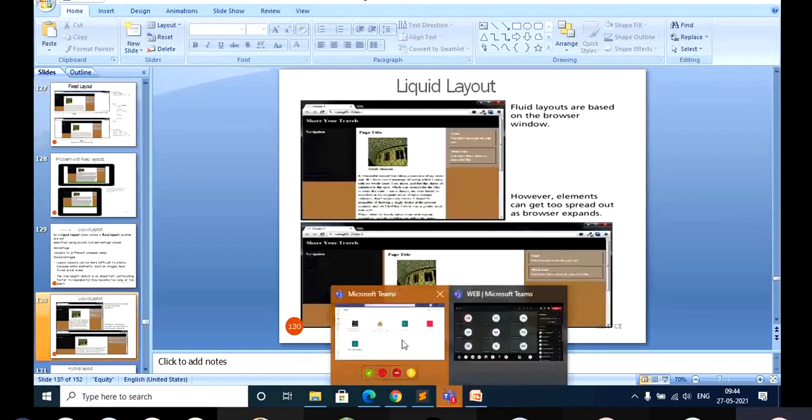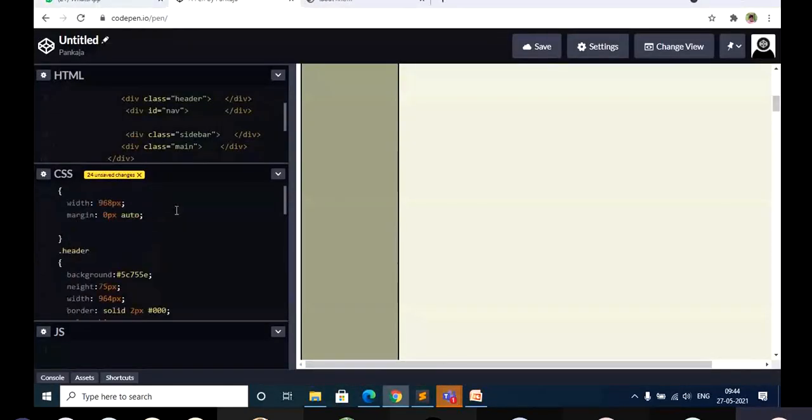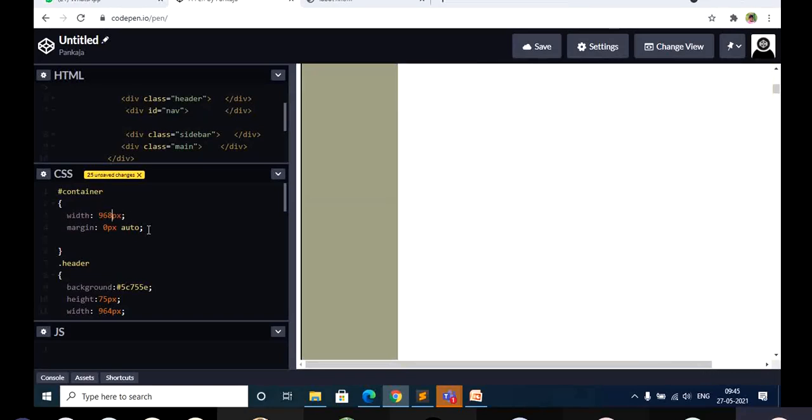Did you observe where all I've used width? Go to this code and observe wherever width is there. I've used it in terms of pixels. Here, instead of pixels you can use percentage. In such a case, what happens? The width of that particular element is not going to be fixed and it will adjust or adapt to the screen size if you specify it in terms of percentage. I will not change this.